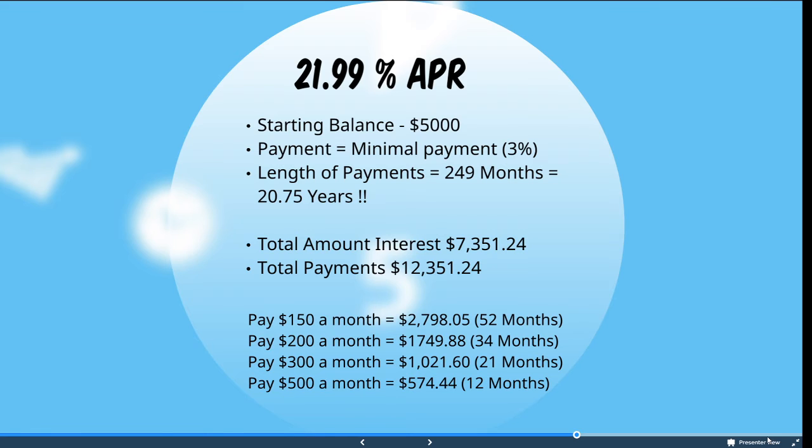$1,749.88. If you paid $300 a month, it would take you 21 months, and you would pay a little over $1,000 in interest. And if you paid $500 a month, it would take you 12 months, and you would pay $574.44 in interest. Now, this is an improvement from the 29.9% APR in each of these categories, but you're still